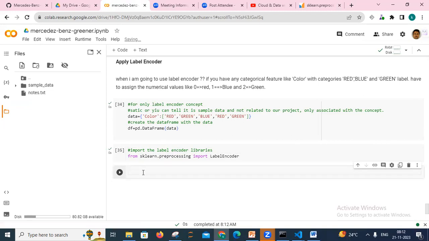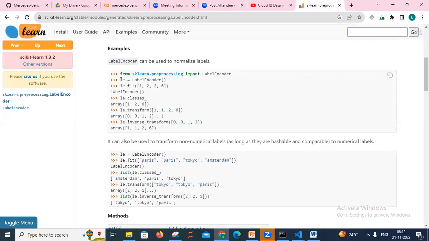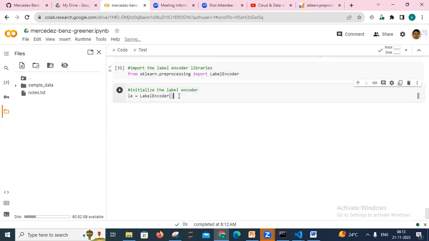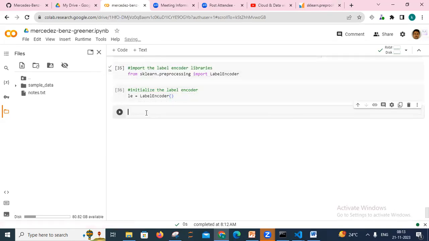After that, I have to initialize the value, like LE is equal to LabelEncoder. So they have initialized this value. Just make one comment: initialize the label encoder. Okay. So you have to initialize this value, and then once it's done, just take one cell